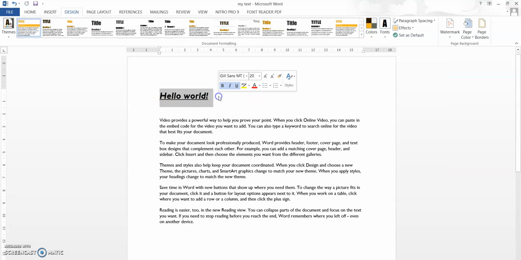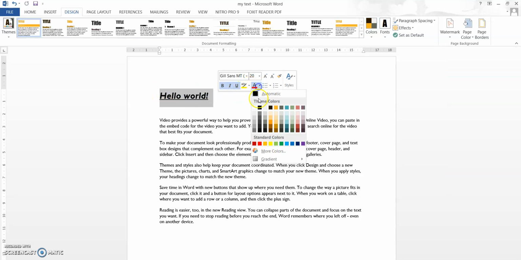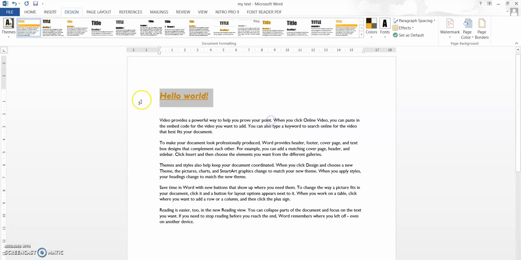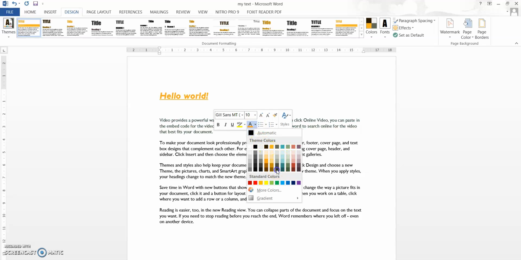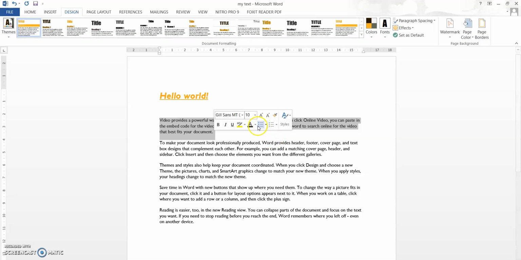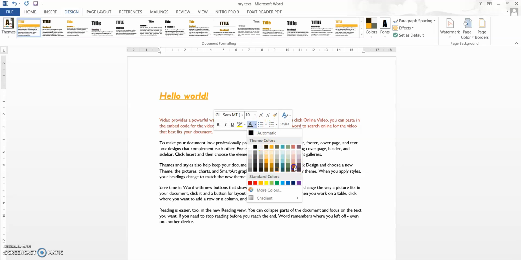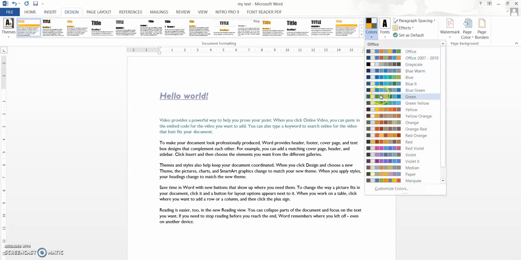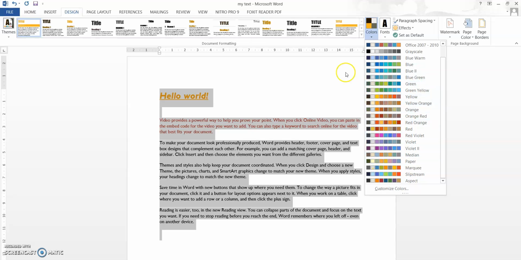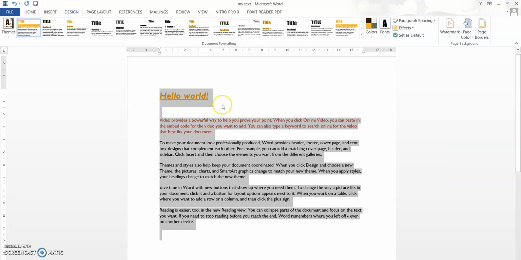So let us add some colors in the text. Let me add some orange color. There is no difference. Let me add this red color, so that if I want to change any colors like that, see, now you can see that the colors are actually changing. Actually black is a part of all colors, so when the entire text was black, you weren't able to see the color change. Now you are able to see how the colors are changing. This is how we can add colors to the text.